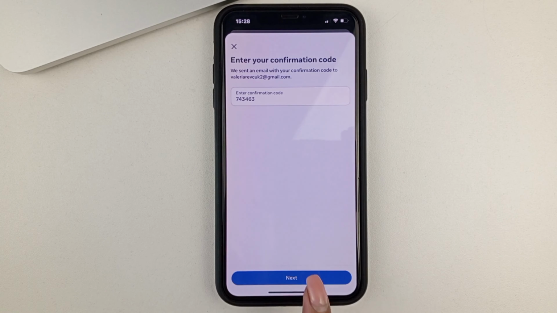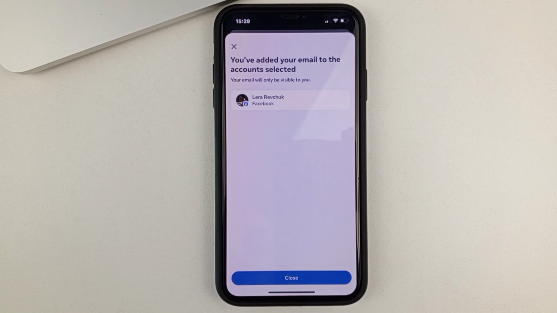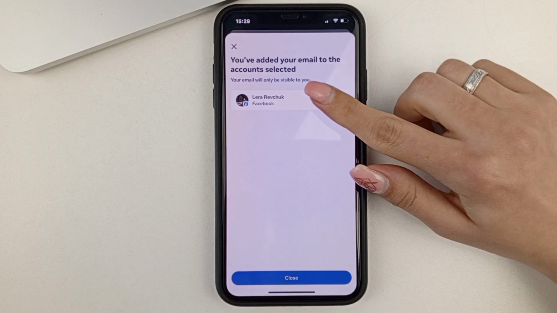Now click Next. And select our Facebook account.